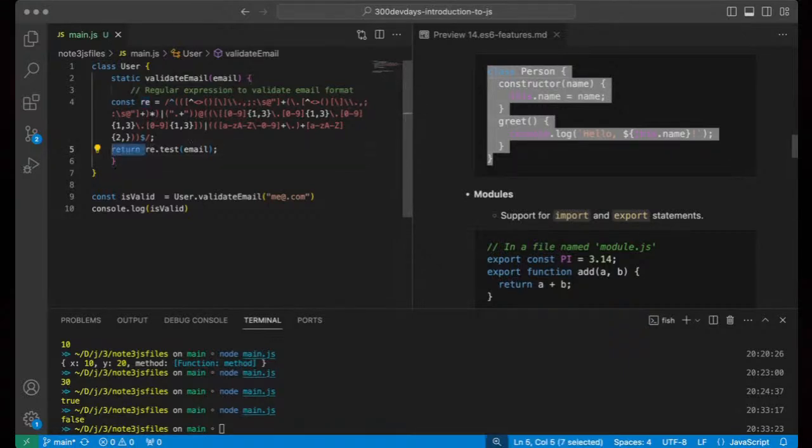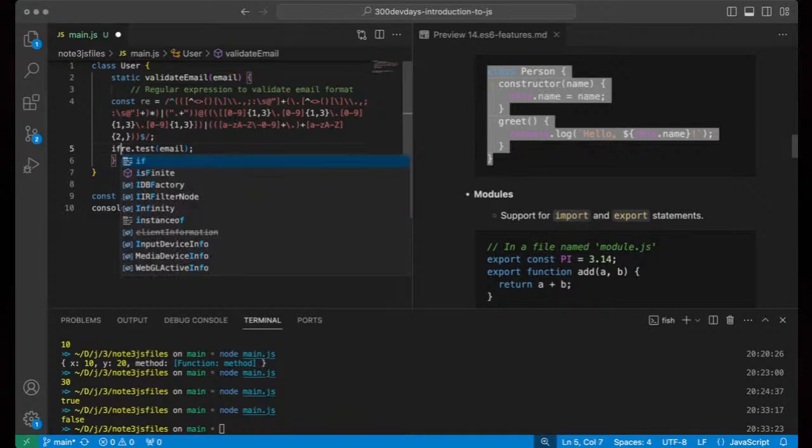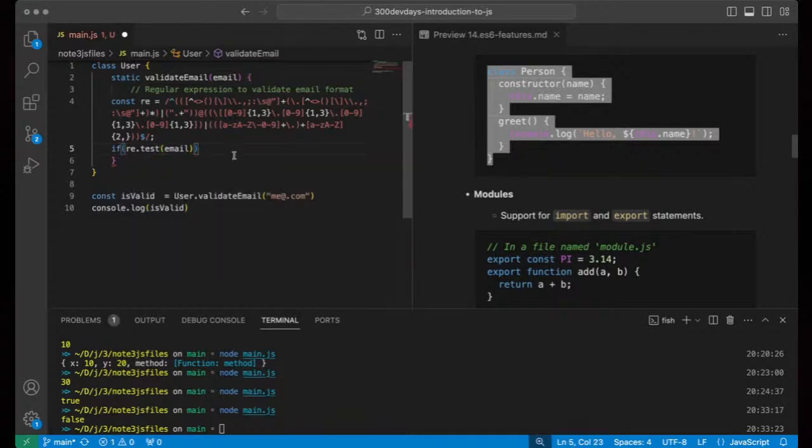So a perfect scenario would be maybe you want to do something like if I say is valid, if I say validate email, if there's an error, I want to probably crash or throw some error, right? So I can go ahead and say if this, right?